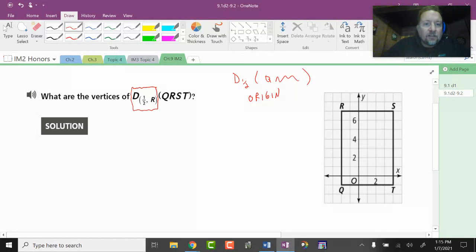But this one has a different notation. So it is a dilation of 1/2. We are going to still have that going on, but using R, an actual vertex, as the center of the dilation. So there's a couple ways of doing this. When you have it on a coordinate plane, though, I think it's easier